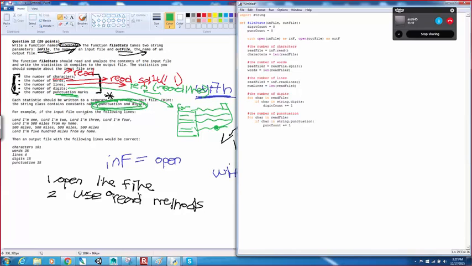And now the only thing is they want us to write them to a new line each time. So now we have all the statistics, and we have to actually write to the file. So we're going to say outf.write. First we write the number of characters plus new line, plus words plus new line, plus num lines plus new line,